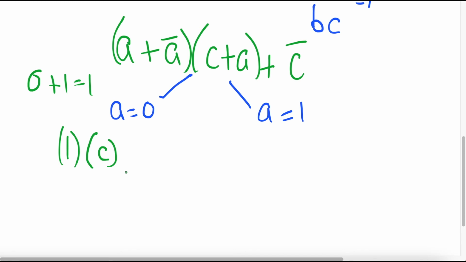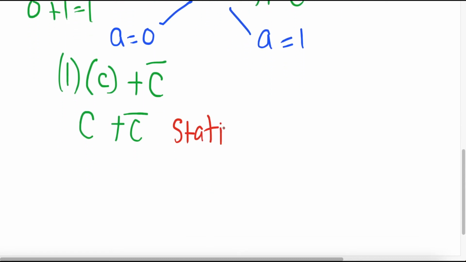So we have 1 times c plus c bar, because c bar doesn't have any a's attached to it, so it doesn't get canceled out. So we have a c bar over here. Then our final answer will just be c plus c bar, because the 1 times c gets multiplied. So you get c plus c bar. Now, if you remember from the previous problem that we just did, this is the same as x plus x bar. So this is also known as a static 1 hazard,